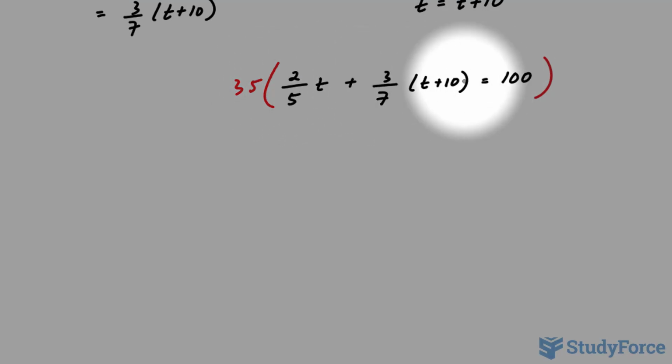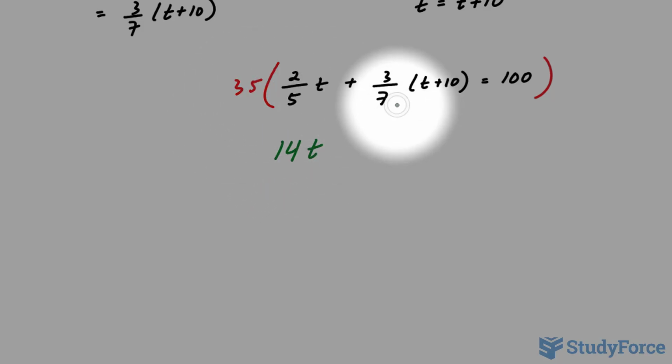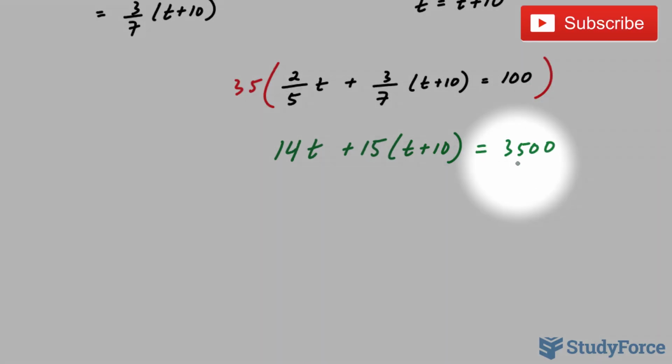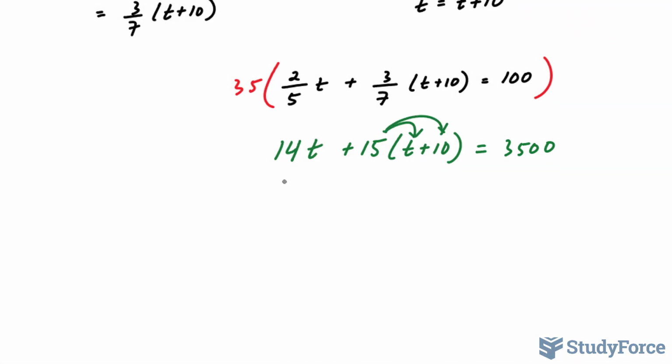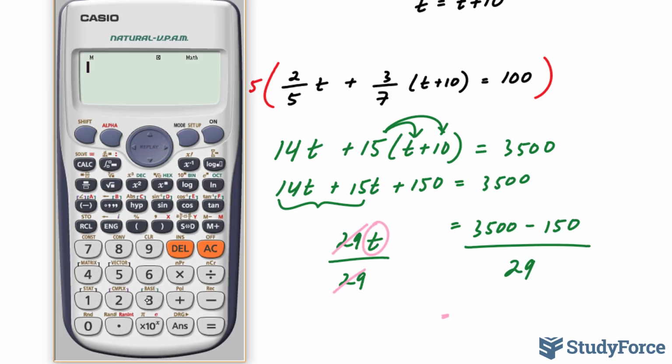Multiplying now each term by 35, 35 divided by 5 gives us 7 times 2 is 14t. 35 divided by 7 is 5 times 3 is 15, t plus 10, and 35 times 100 is equal to 3,500. I'll multiply this 15 into the bracket, and this gives me 15t plus 150. 3,500 doesn't change. Bringing this over, 3,500 minus 150, divided by 29. And the way I got 29 is by combining 14t and 15t together. Dividing both sides by 29 to isolate for this t gives you 3,500 minus 150 divided by 29,